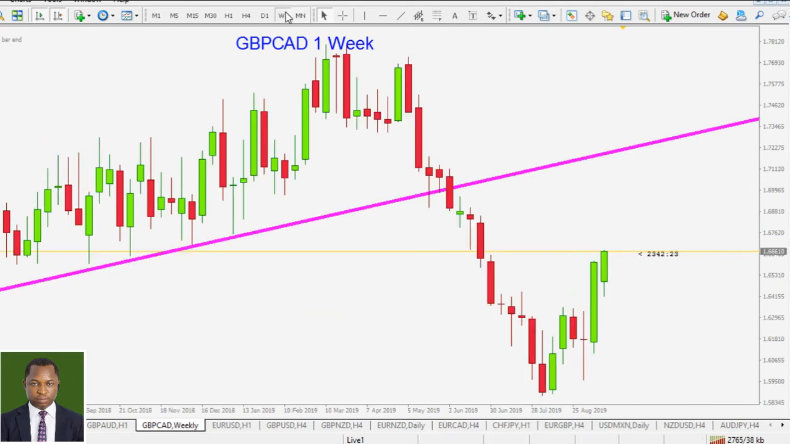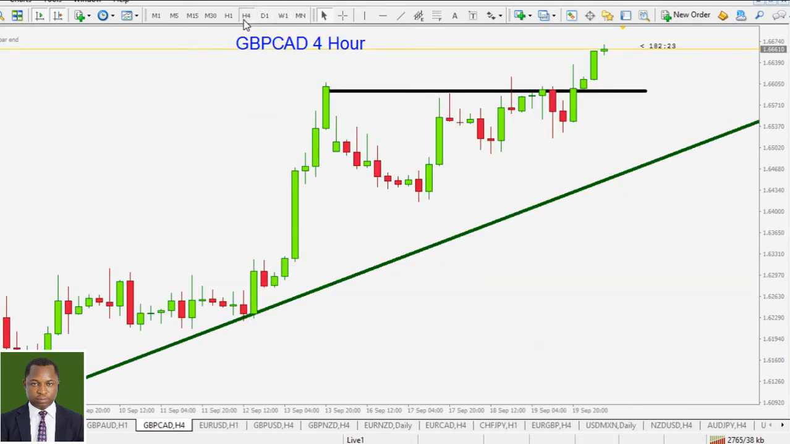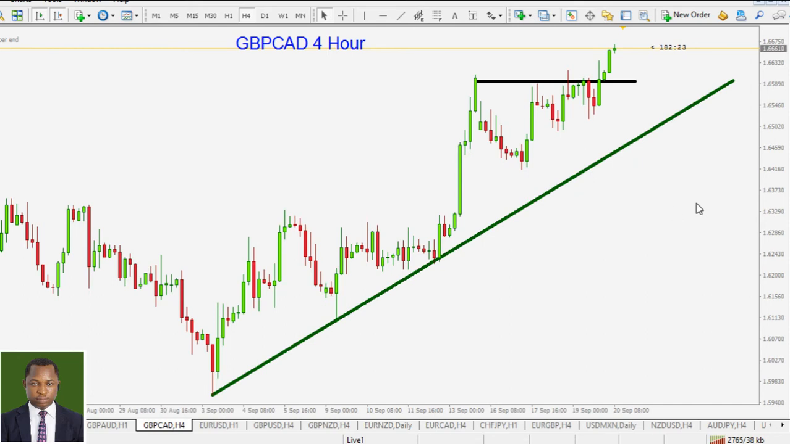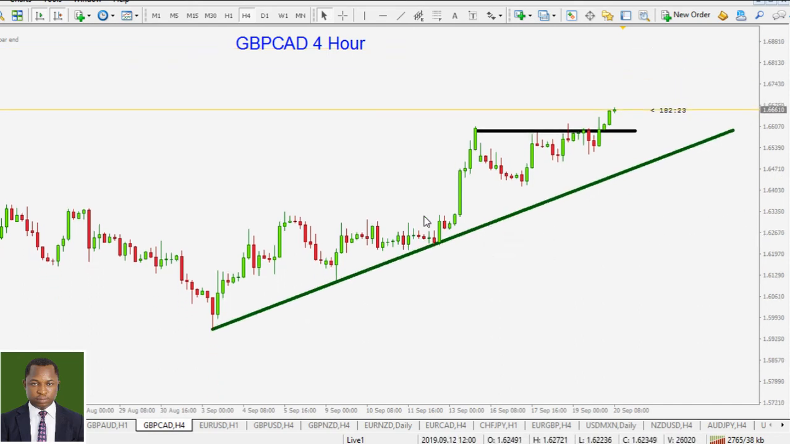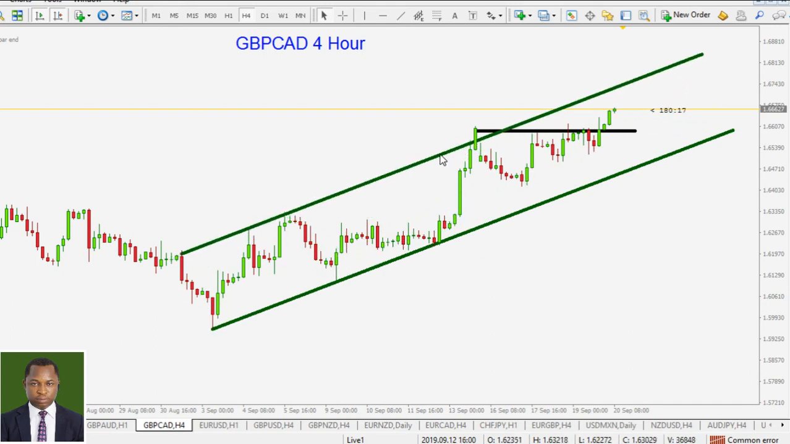Let's look into the 4 hour time frame. In this time frame, we are having a rising trend line here. You can see that line right there. There's always a channel. If you just project that,